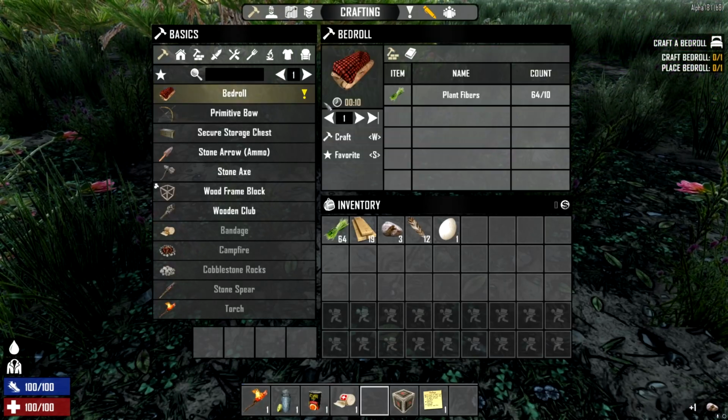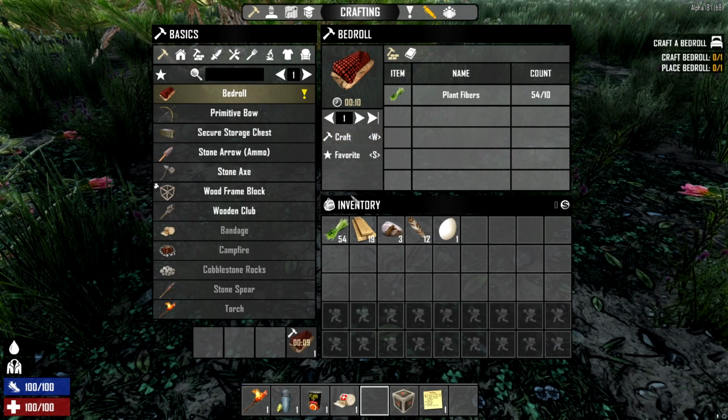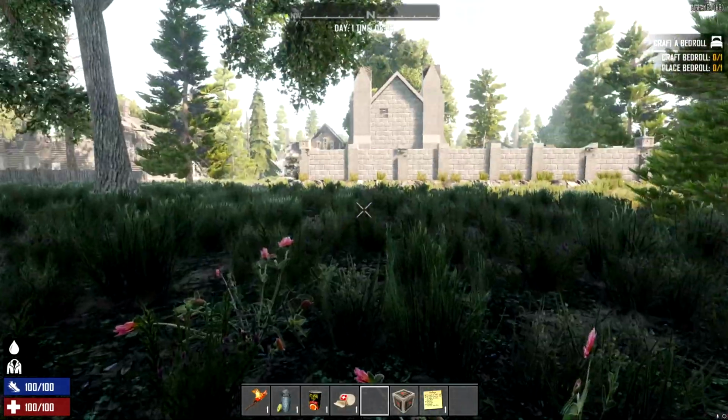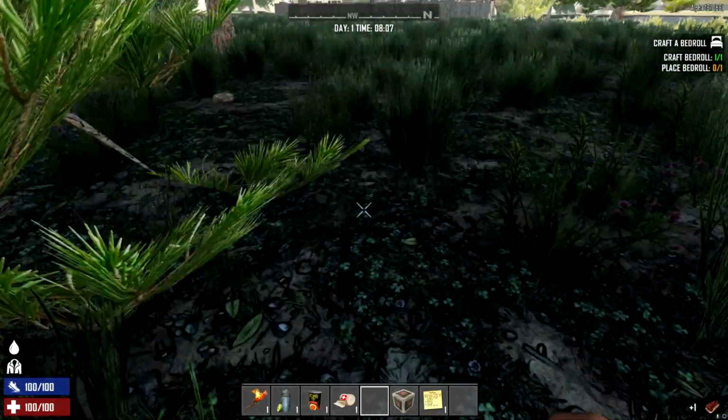Okay, so what do we need here? We need a bedroll. So now in Alpha 18 it's nice because it shows you exactly what you're doing over here, what you need for your next particular quest to get done. So we'll just craft that. I'm not going to stop. I'm going to continue to just look for stuff because